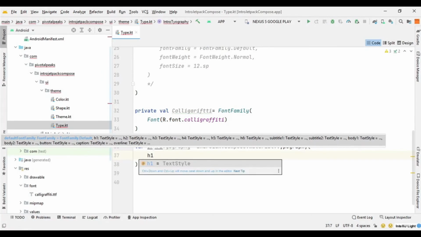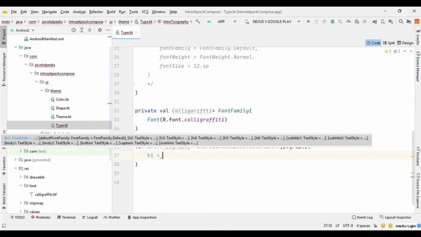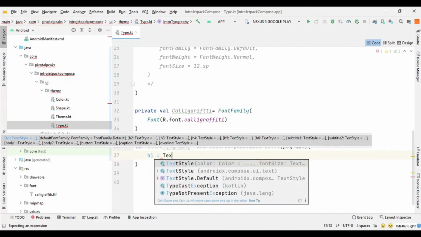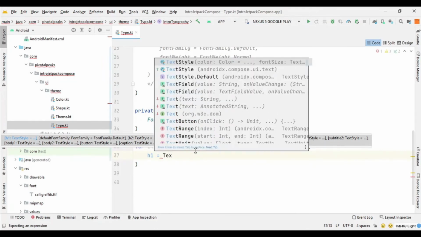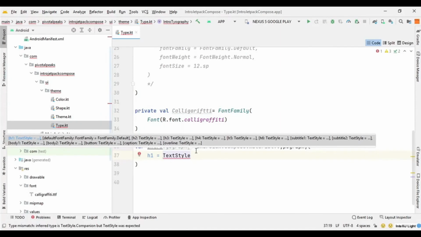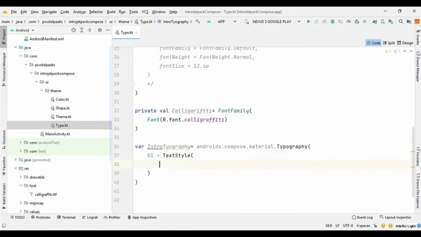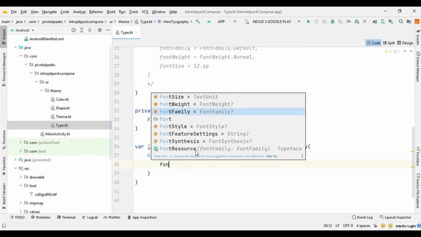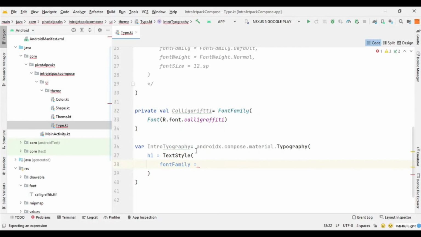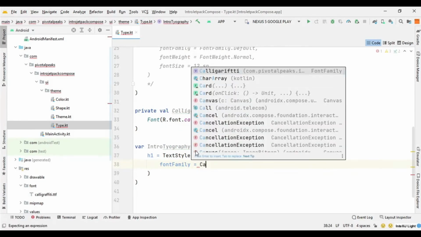So you can define here as many styles as you want. I am going to define only one style. So h1 equals, and I can say TextStyle, and inside this text style I can say fontFamily, and I can pass this variable that I just created.